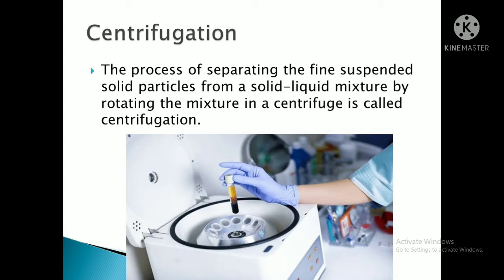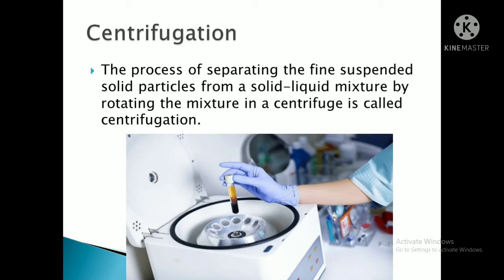So what happens there? They will put the mixture, like a washing machine, no, it rotates. It will rotate in that way. In the tube, you can see the test tube, the samples will be put there, and it will be rotated at a very high speed. After rotation, what will happen? The solid and the liquid mixture will be separated out. Okay, so that is centrifugation.